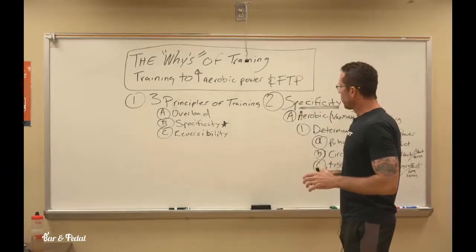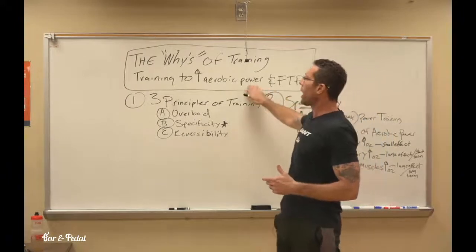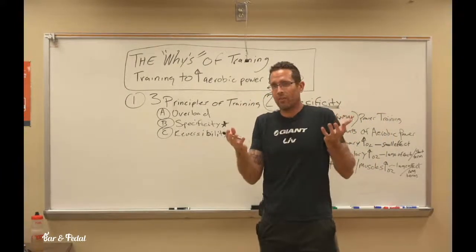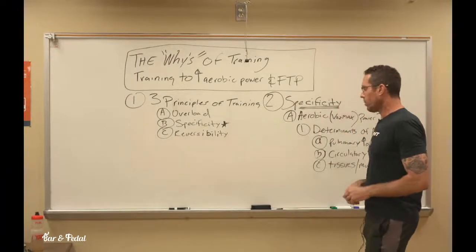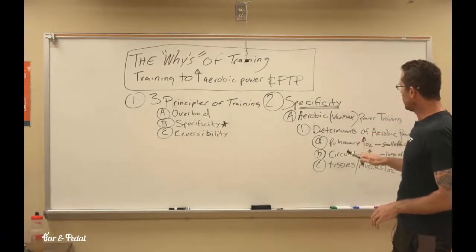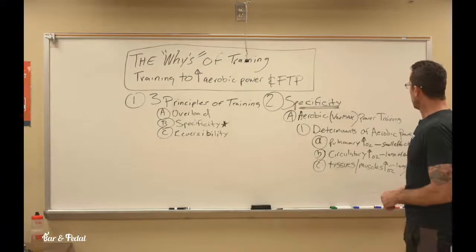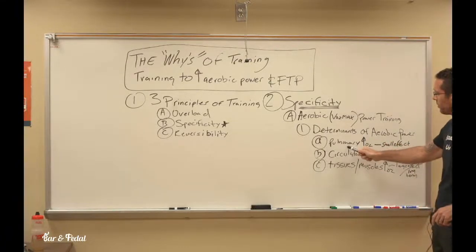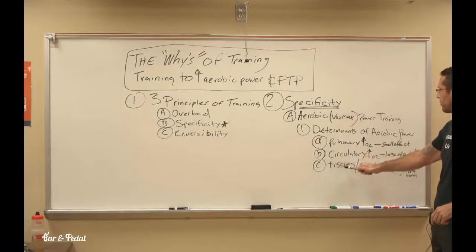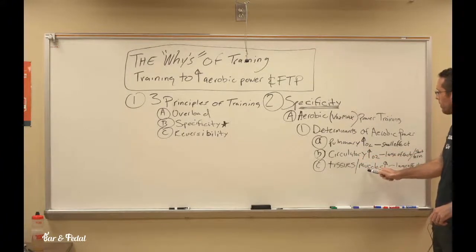So in order to maximize your aerobic power, you want to raise this value. You want to increase your body's ability to use oxygen. Now, there are 3 ways you can go about doing that. The determinants of aerobic power are your pulmonary system, your circulatory system, and your tissues, and more specifically, your muscles,